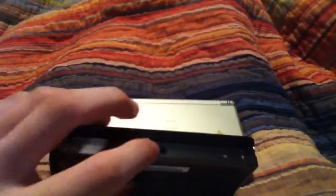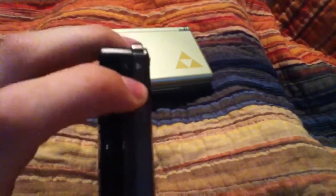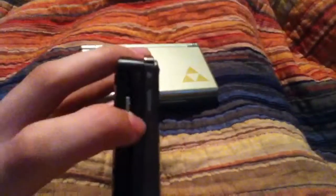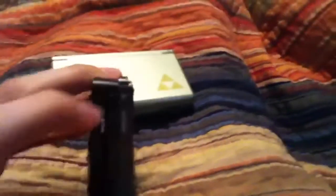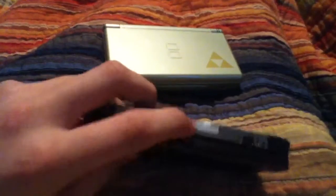Basically this just has all the same features. The headphones goes there, and the headphones is just there, so it's not a big deal. The volume's here instead of that. There's an SD card slot. There's none on here. On this side there's an internet wireless switch which you can turn off and on right like there. It's hard to see because it's black, and then as you can see, that thing right here is a 3D depth slider. On the top, as you can see, the game slot,